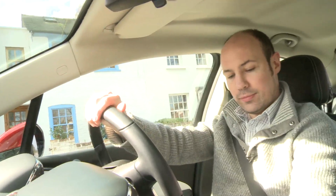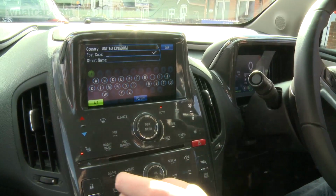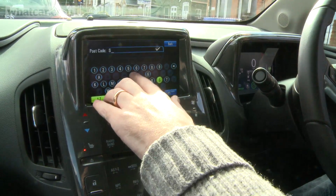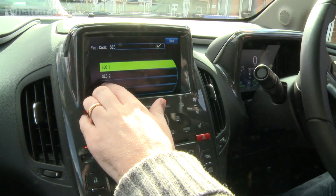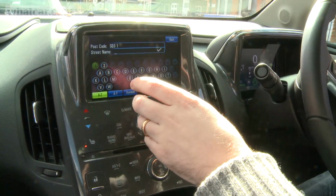One thing which really annoys me is the sat-nav, and actually I'm just going to pull over here and I'll just show you exactly what I mean. So I choose postcode and I put in the postcode. So let's put in the postcode of my house. SE6. Now, I'm SE6 1LF,